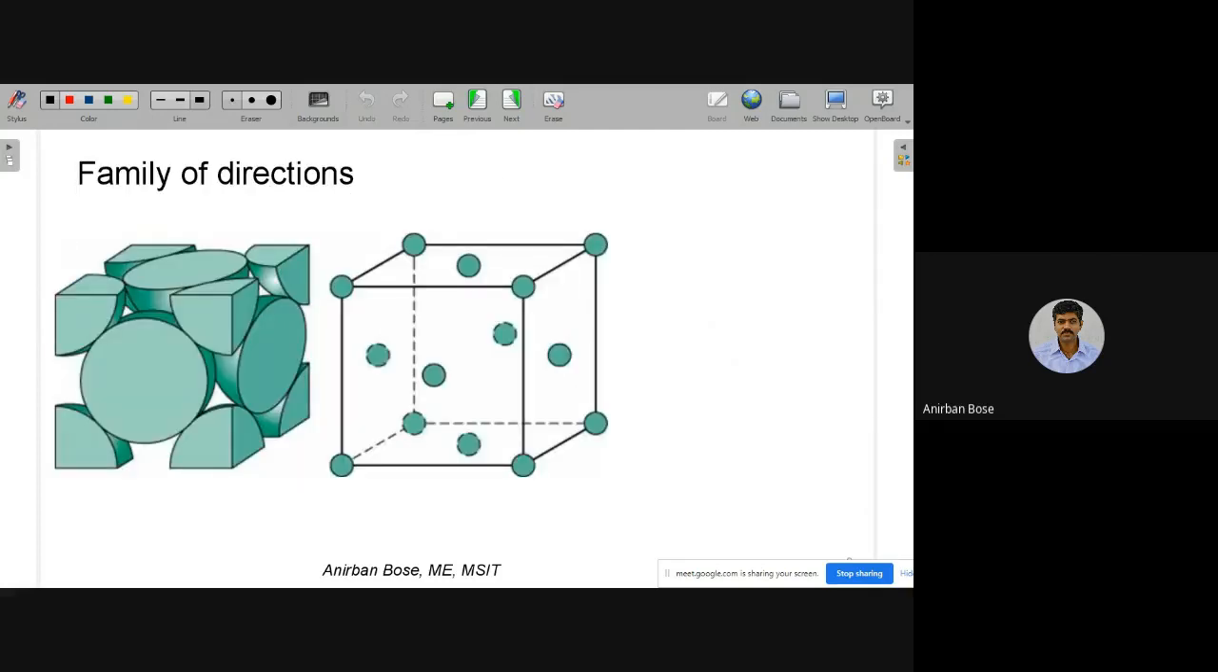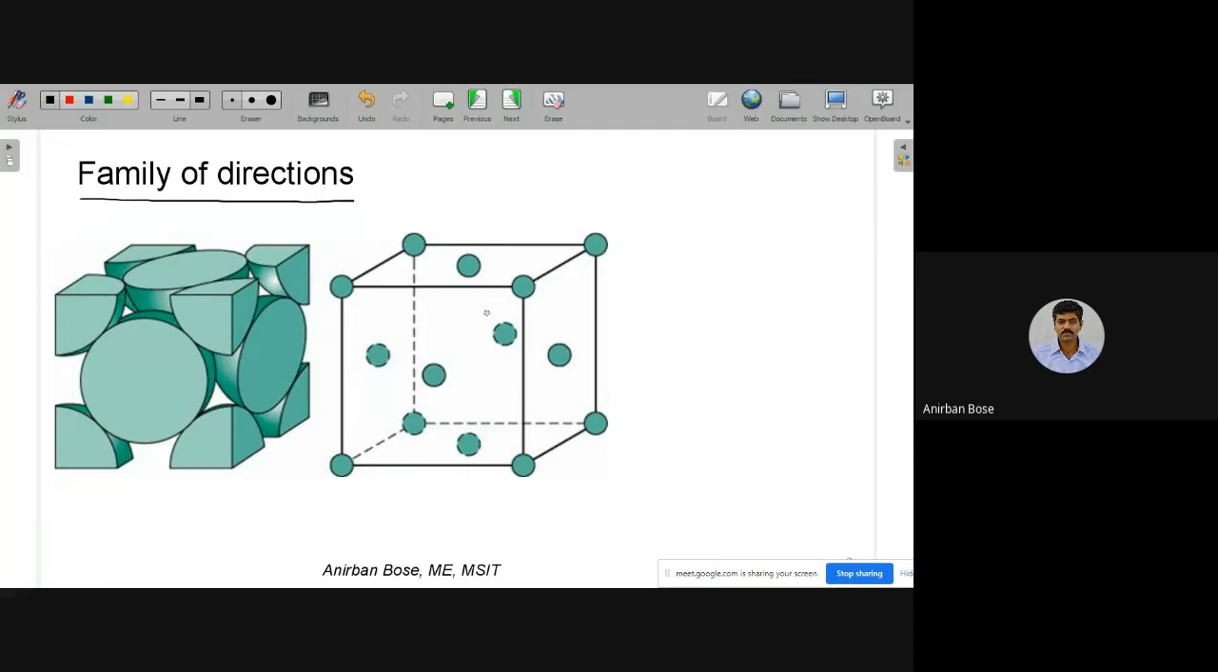Now coming to this particular concept, which is called the family of directions. Family of directions are the directions which are physically similar. What do we mean by that? Directions which are physically similar means,